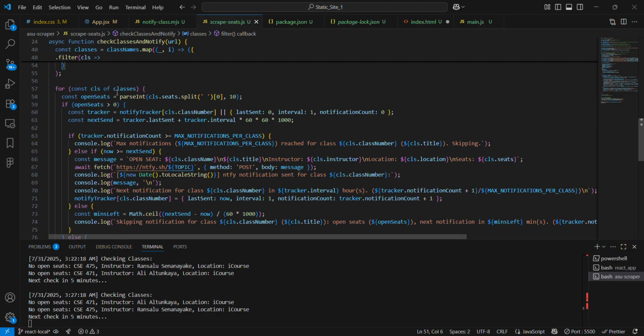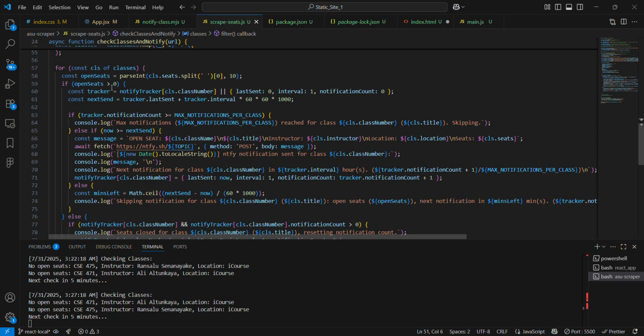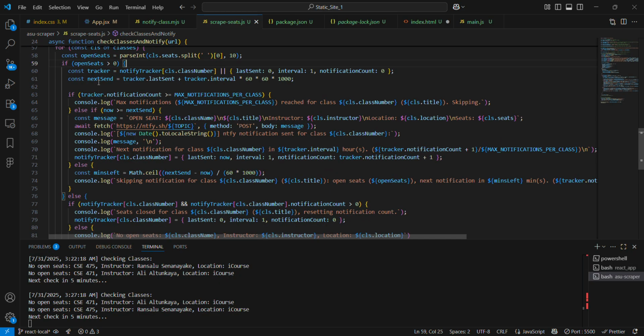So now we're iterating through that array of class objects. You can see here we're getting that open seat parameter. This is what we're really interested in. So if it's greater than 0, a seat opened up, we're going to do this tracker information here. And then if we reached the max notification, so if we reached those 6 notifications, you can see here we're just going to print we reached the max. We're going to be skipping right here,